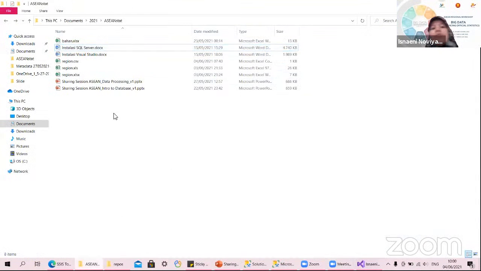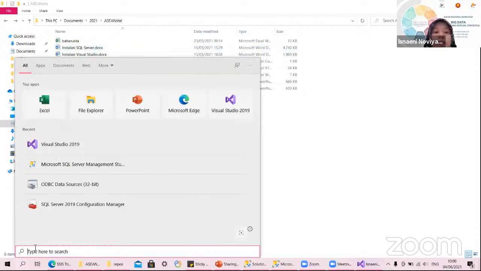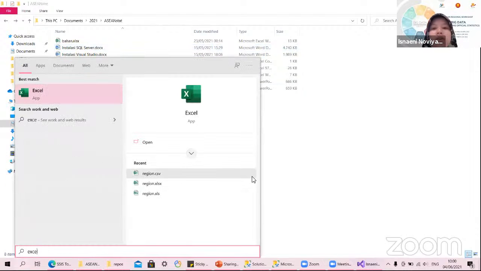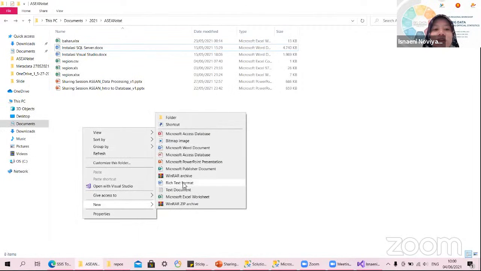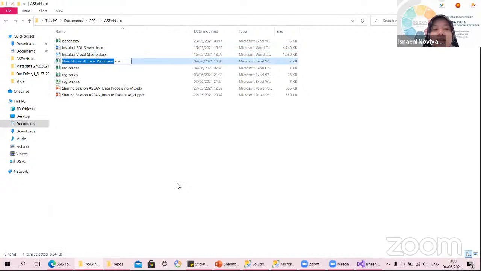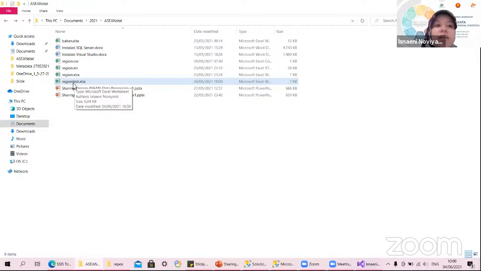Maybe you can just open the Excel like this, or you want to follow me, click new Excel. You can name it. So we try to create the Excel document for the destination. The disclaimer is you have to create the document first. And the second one is you have to